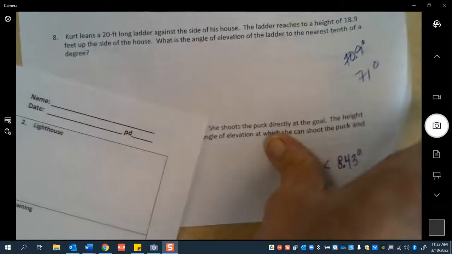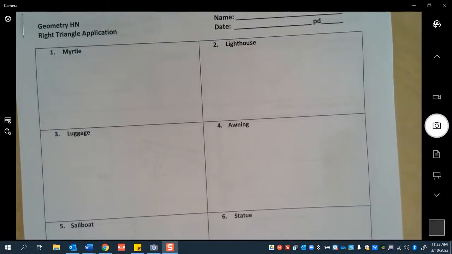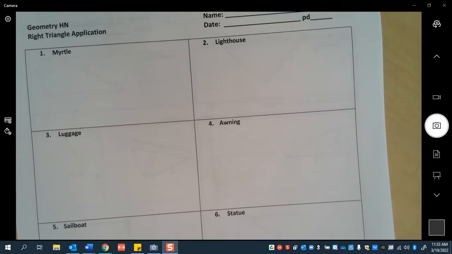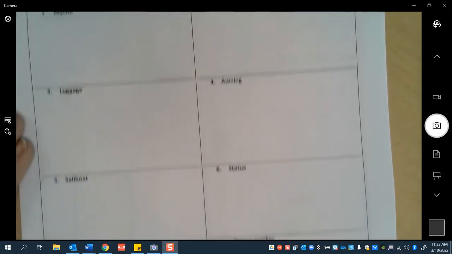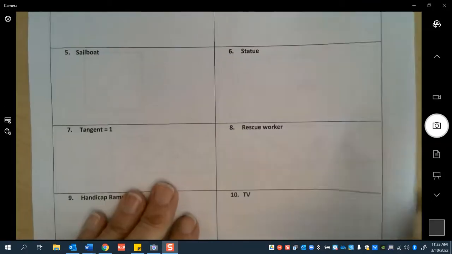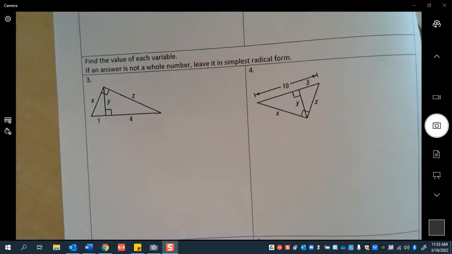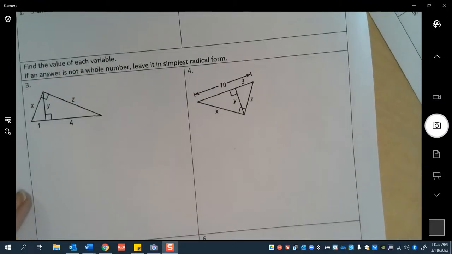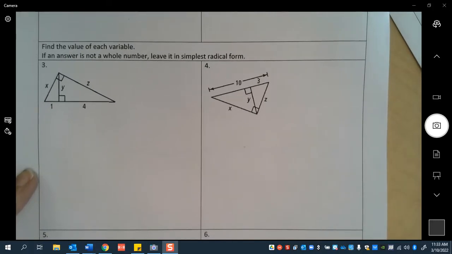All right, so our task today is this packet. And this packet is reasonable for you to finish in the time we have left. This is not your review packet for the test. That's sitting here in my inbox. This is classwork today. So we've got 10 application questions around the room. You have some practice questions here that take you through the whole unit. Finding the geometric mean, dealing with our similar right triangles when the hypotenuse is drawn to the altitude,